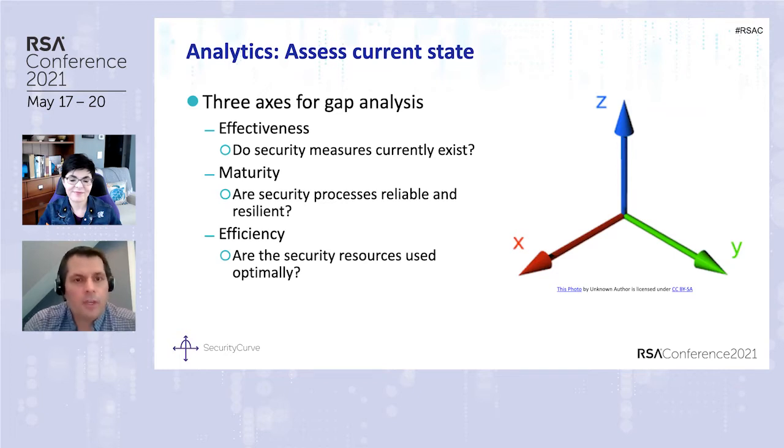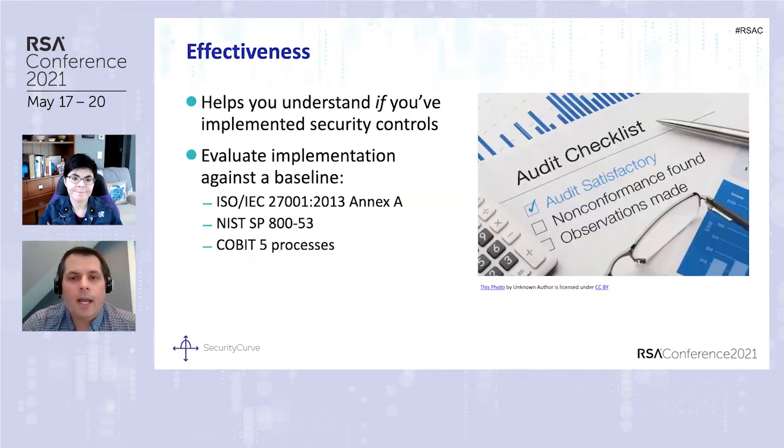So to start that process, you can look at gap analysis across a couple of different dimensions. Now, I'm sure there are dimensions beyond this, but in my mind, the 3 most important dimensions to look at are what we're calling effectiveness, maturity, and efficiency. And there's other names for this, but effectiveness is basically, if you've ever been through an audit, or if you've done an ISO assessment or something like that, that helps you understand if you have a given control or a given countermeasure in place, right? So this is basically looking at your implementation across a documented baseline.